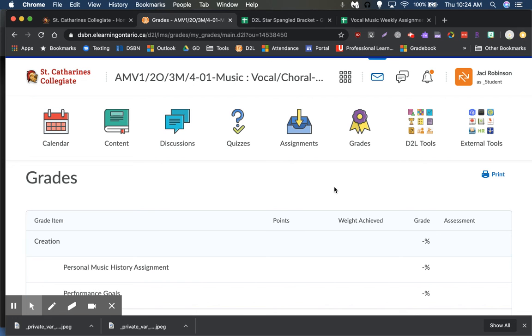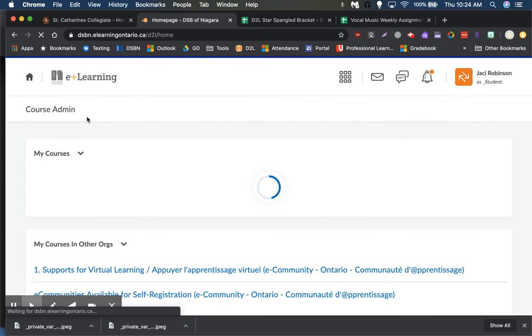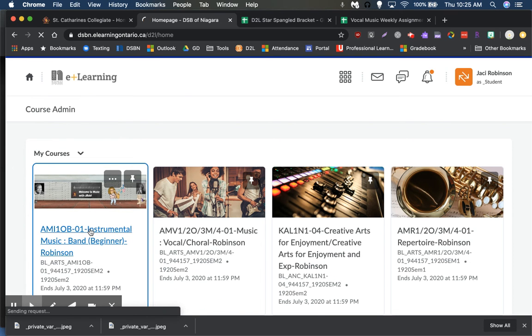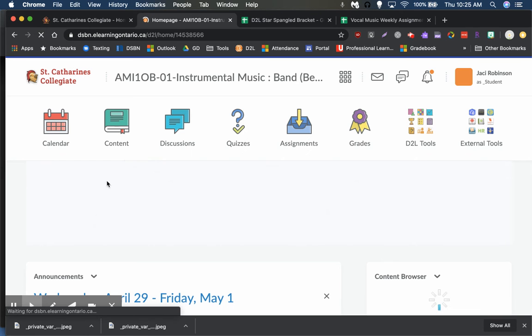And I'm really quick going to flip over. So if you are in the vocal class, you can check out now if you want. If you're in the instrumental class, I'm just going to flip over to that for a second. It's basically laid out the exact same way. You have some slightly different things in content, but if you see here, click on your instrumental, and you can